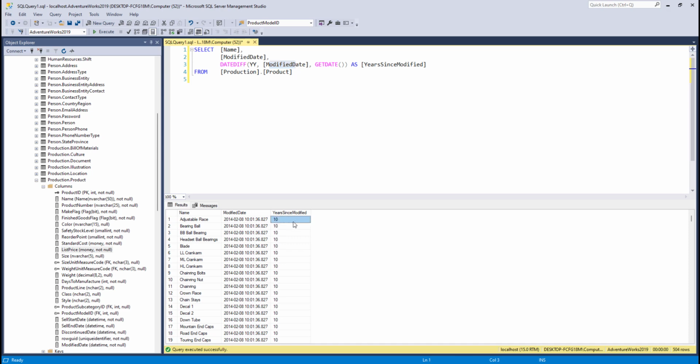We can look at other components of the date, so we can also look at the months example. If we type months and we execute that, now that gives us the number of months since the record